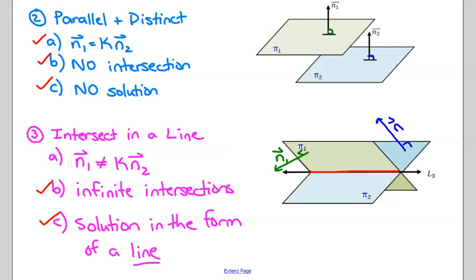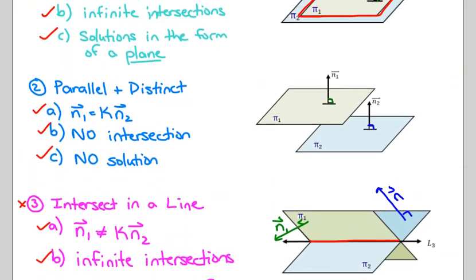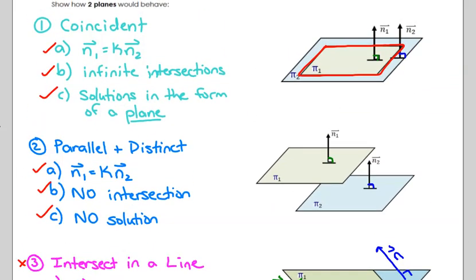So notice that they're not scalar multiples of each other. That means that maybe if we were to try to eliminate one of these cases, I would probably try to eliminate this one first by checking out the normals of both of the planes and seeing if they're scalar multiples. And then what I would do for these two is